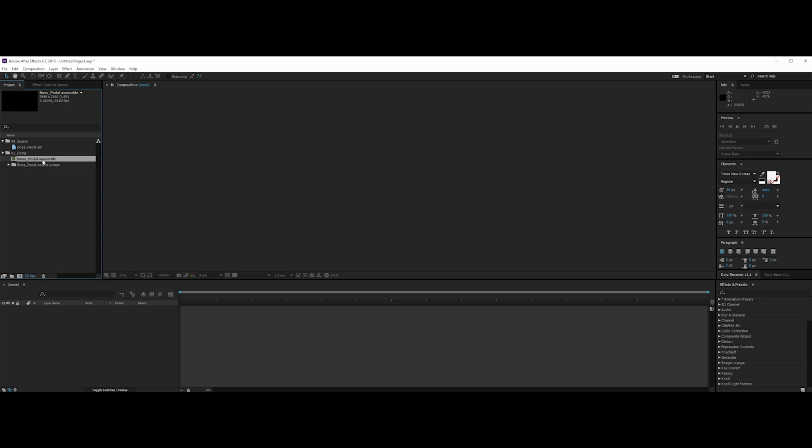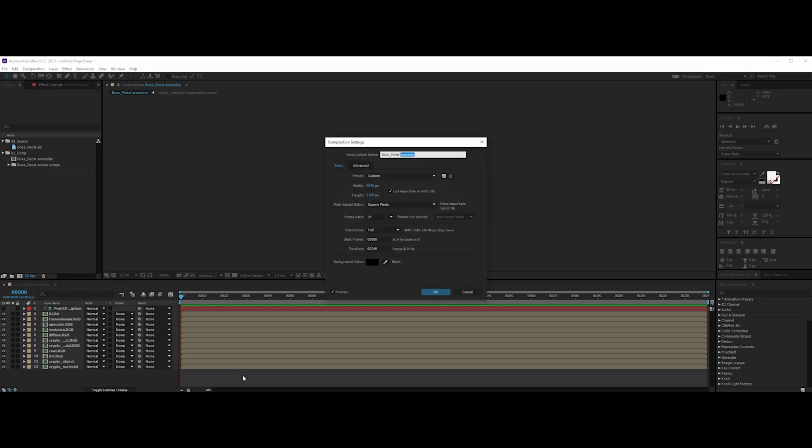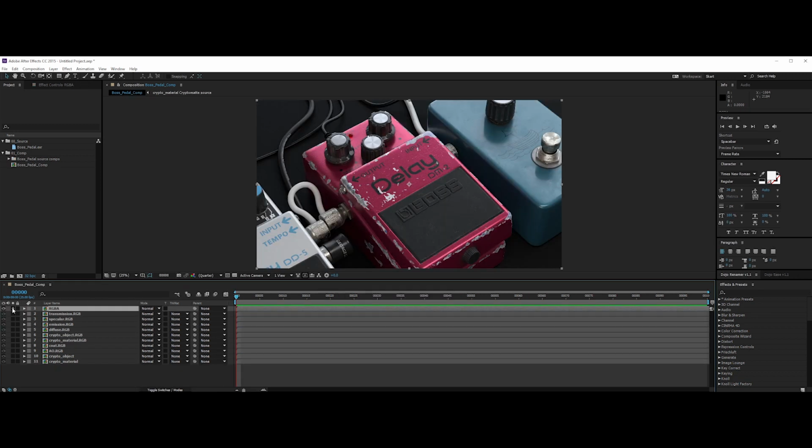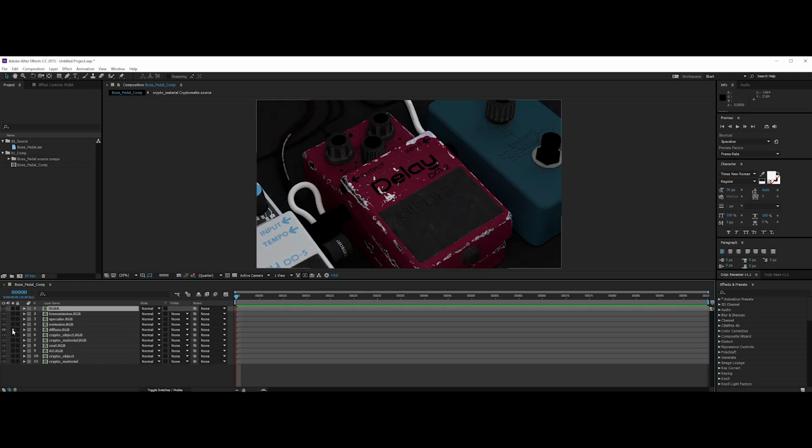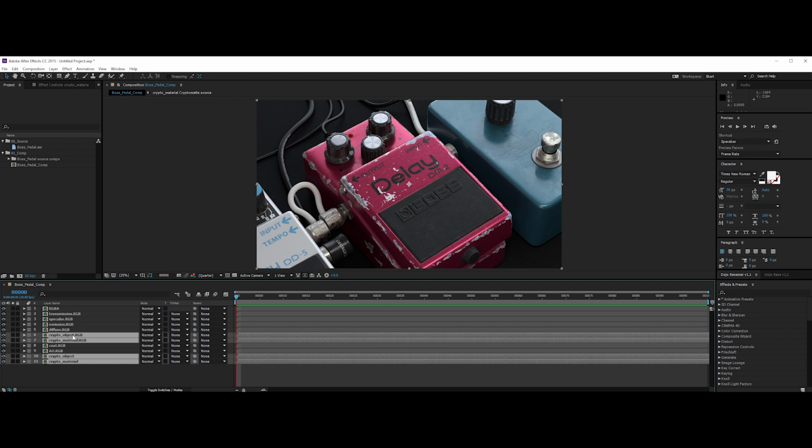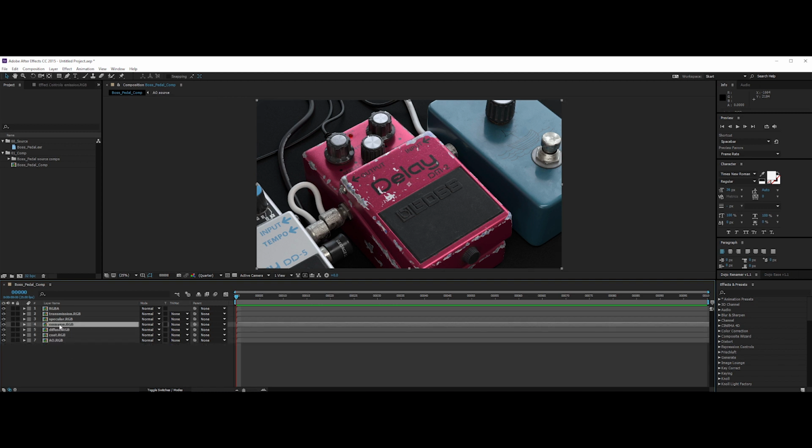Okay, now the crucial part, the beauty reconstruction. In After Effects, click on the ensemble comp. We can rename the comp and change the frame rate and duration easily. Ctrl+K. Now let's check the passes, then select and delete the unnecessary ones. Now I'm ordering the passes. It doesn't affect the result, but it's just to have a well-organized project.